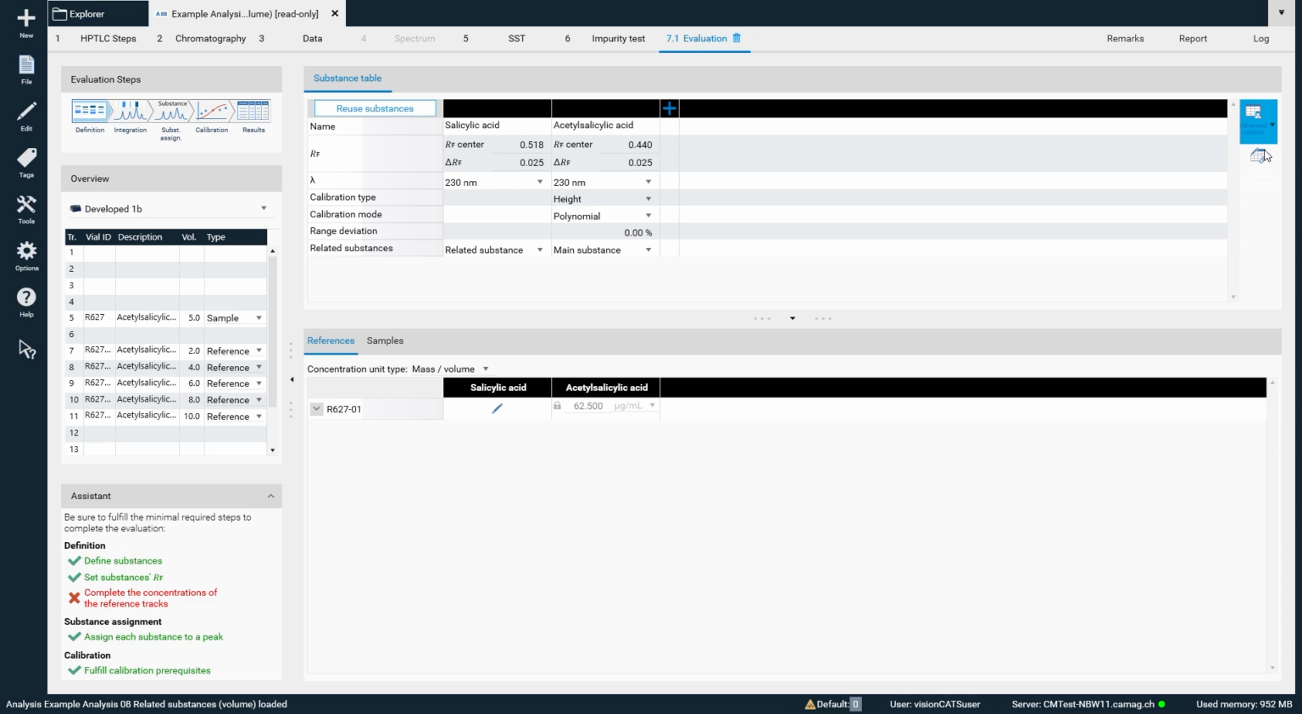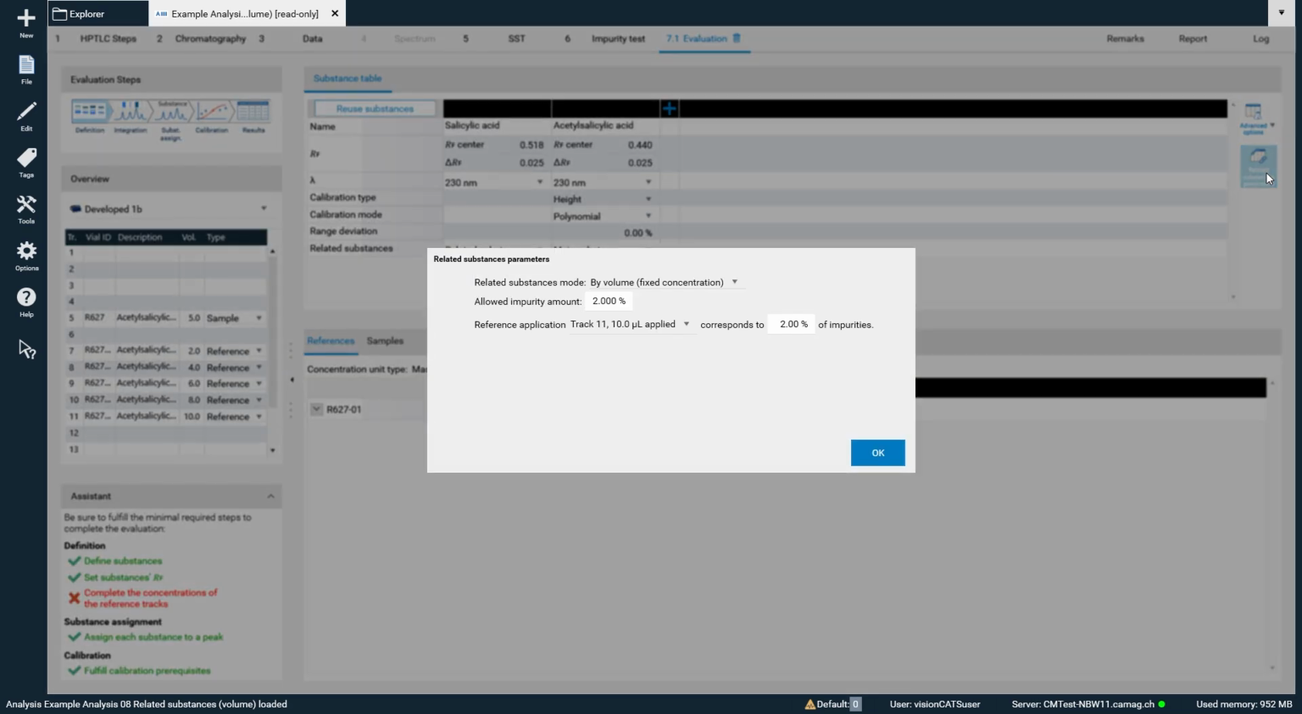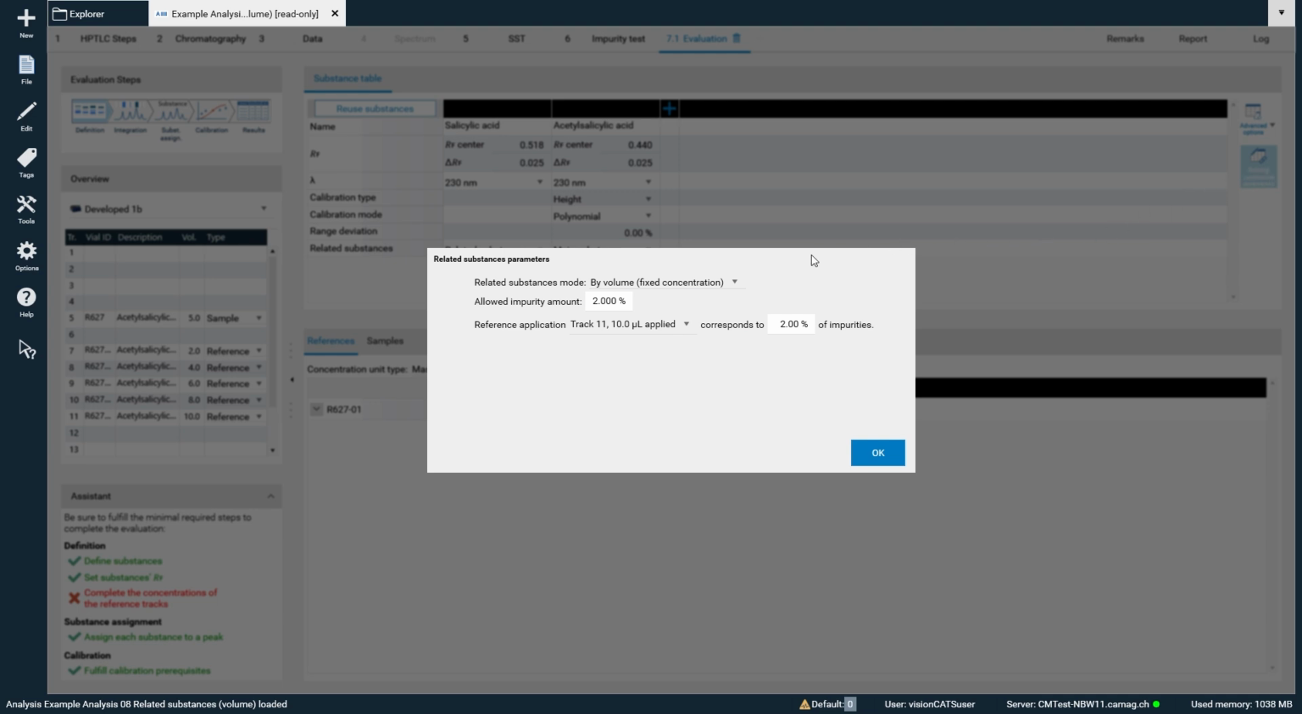Three operational modes are available in the Related Substances Parameters menu: Default, by dilution, and by volume. We begin with the by volume mode. This mode is used when a single vial is applied to multiple reference tracks at different volumes. A reference application with a defined impurity content is required, and results are expressed as a percentage relative to the